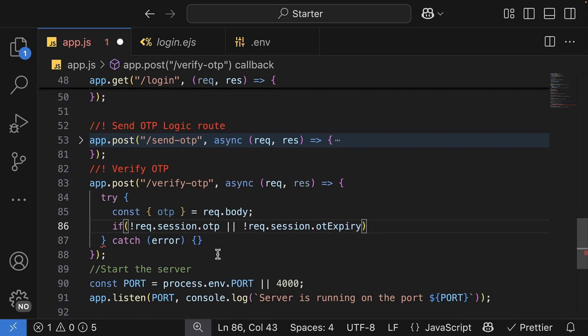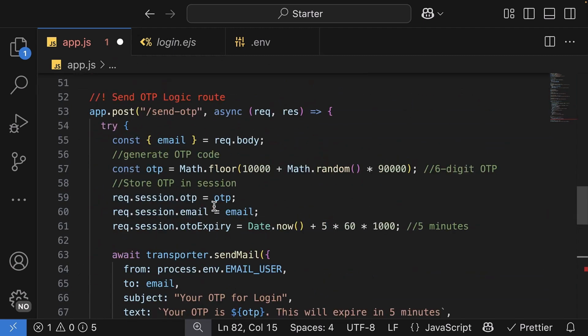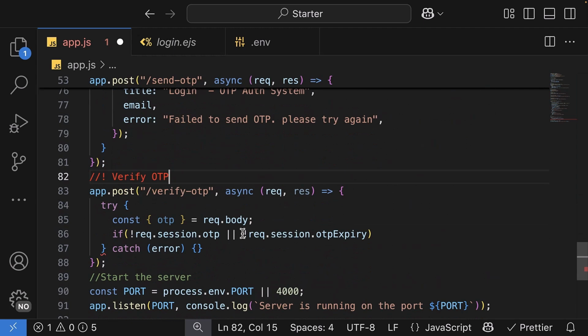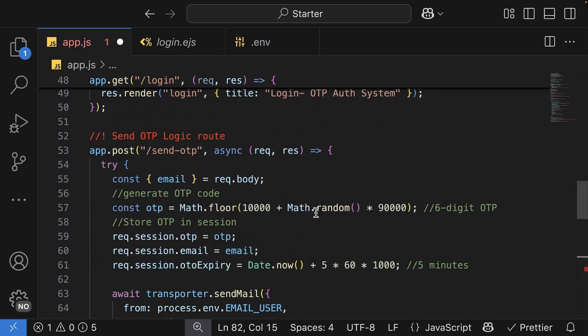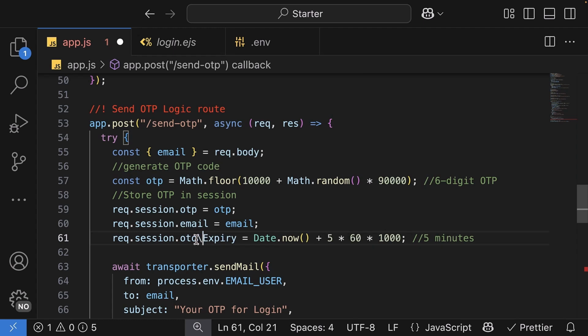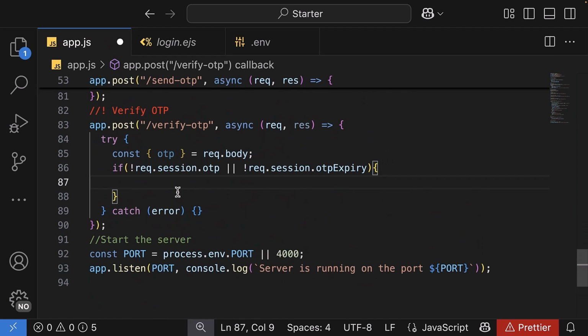I think I made some typing mistake. Let me check the login. This one, the OTP expiry, not this. I think it will be, let me see, send OTP. Yeah, this one, supposed to be this one, OTP expiry. Sorry guys. So this one means that in case you don't have the OTP in the session or the OTP has expired,